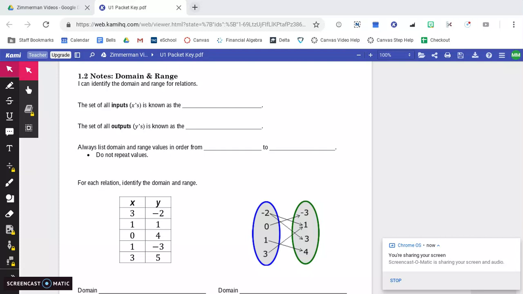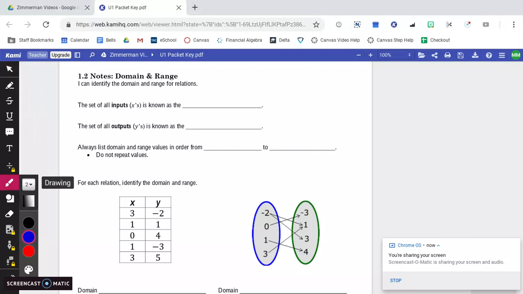For 1.2 notes, domain and range, we're going to identify domain and range for relations. The set of all inputs, or x's, is known as the domain, and the set of all outputs, or the y values, is known as the range. We're always going to list domain and range from least to greatest